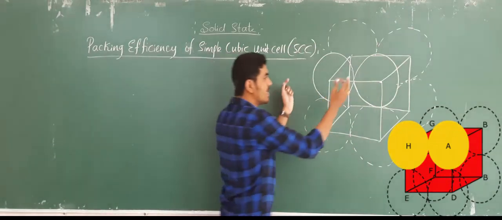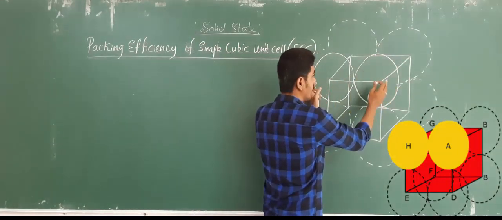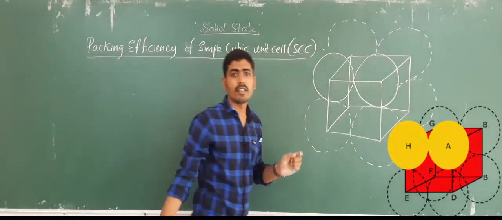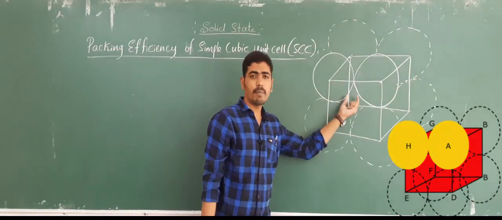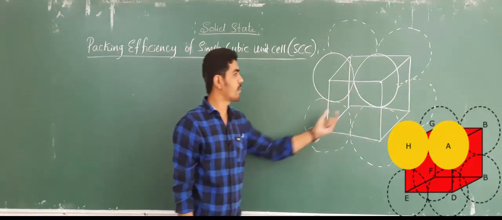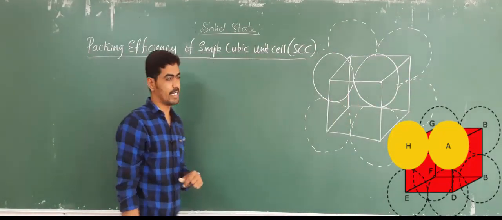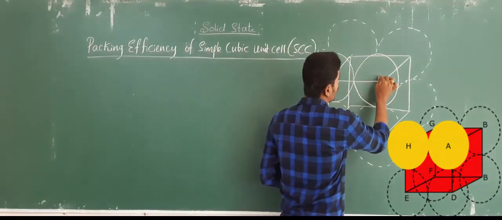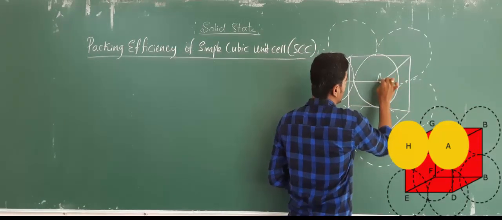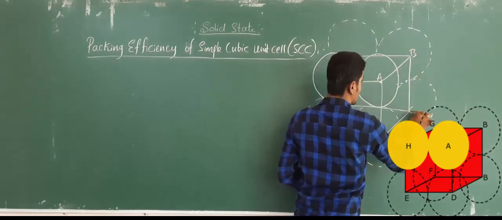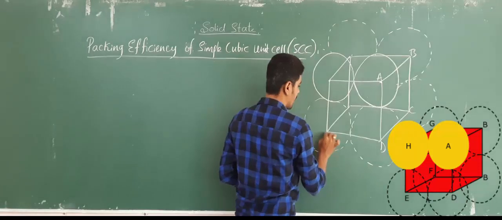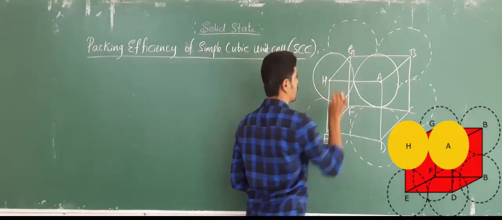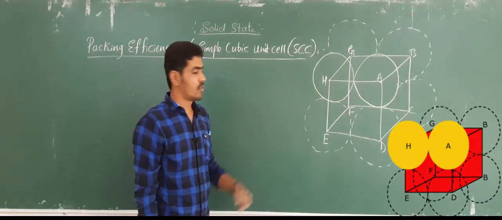So simply see this portion. If we find this portion, then we can find the total space occupied by these particles which are present in the simple cubic unit cell. So let us name this, okay? So let us call this as A, B, C, D, E, F, G, H, okay? So first name them,